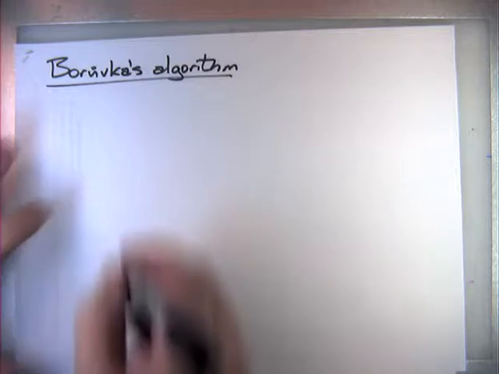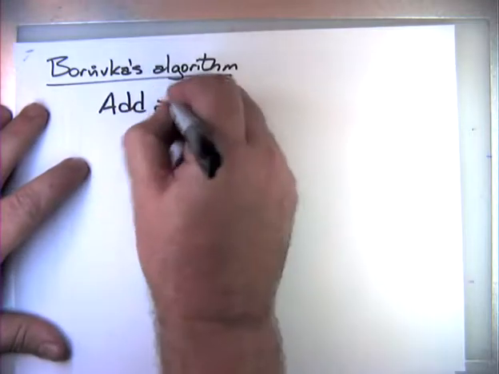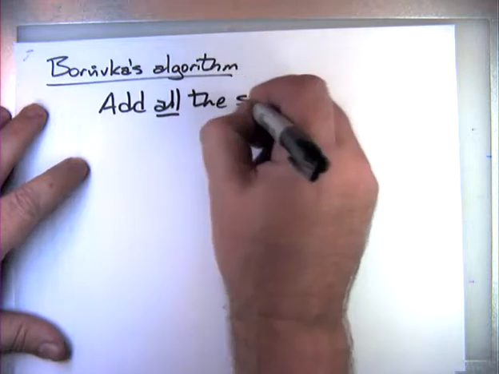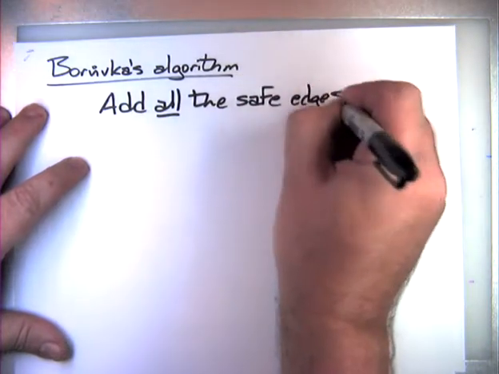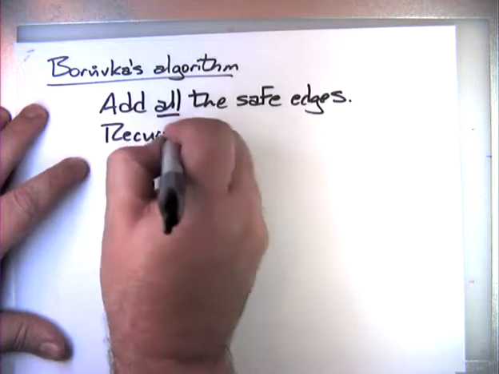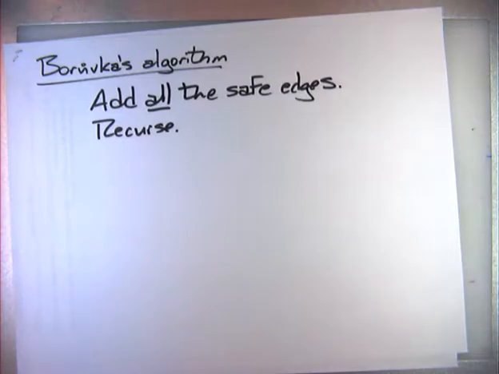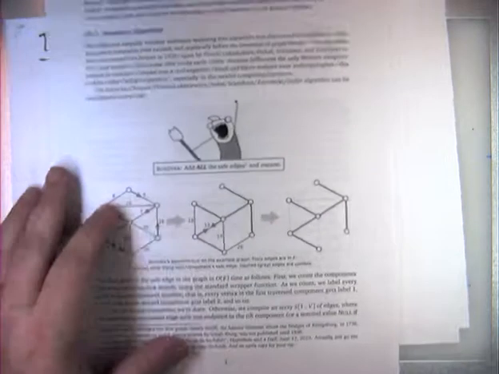So here's Boruvka's algorithm. Find all the edges that are safe, add them. If the forest F is connected, you're done. If not, recurse. Find all the safe edges and add them. Now, you could reasonably ask, well, great, this is a nice, simple sounding algorithm, but how do you actually do it? And just to give you an idea of how the algorithm would actually execute,